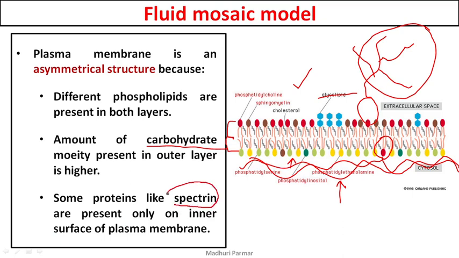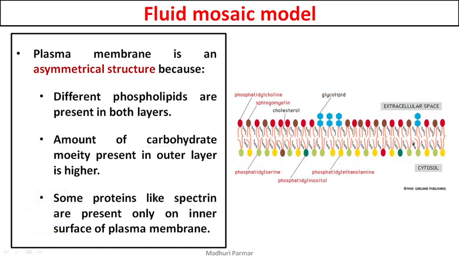Go back and study. We had discussed spectrin in peripheral proteins, right? So the peripheral protein found inside and the peripheral protein found outside are very different. So these are the reasons why there is asymmetry. Apart from this, you also see protein receptors which are present on the outside, while after the receptor sends the signal forward, there will be different enzymes present on the inner layer of the membrane. So these enzymes then convert, let us say,